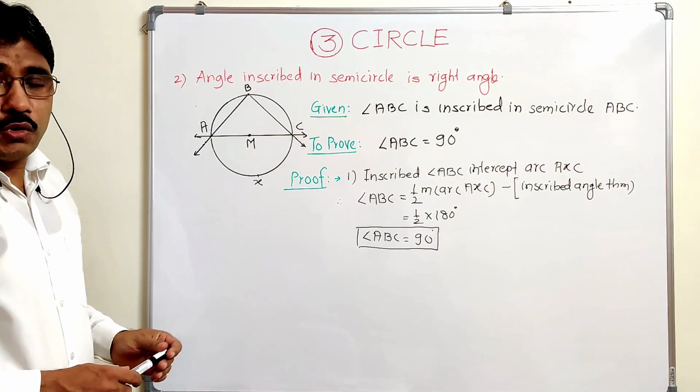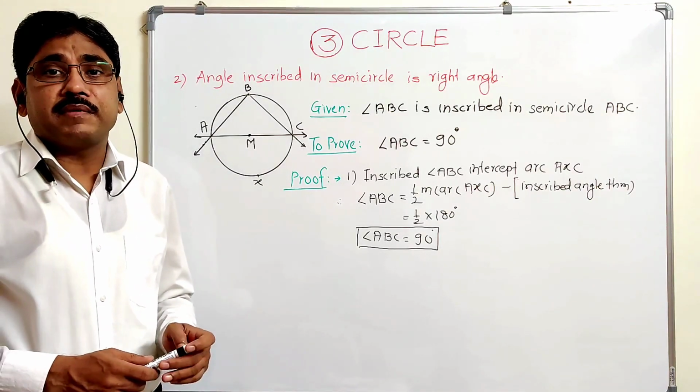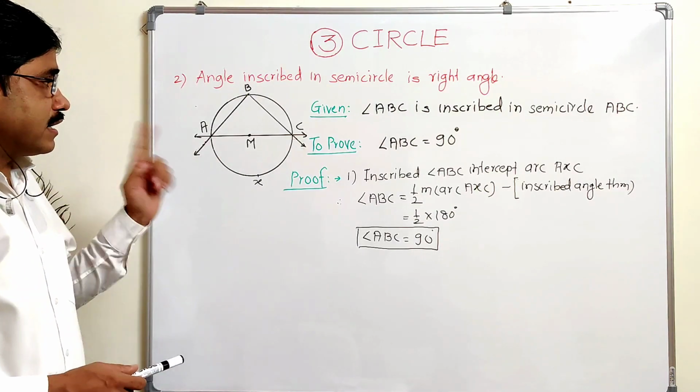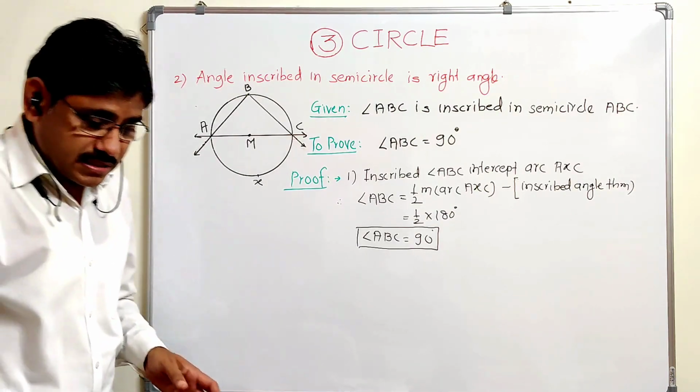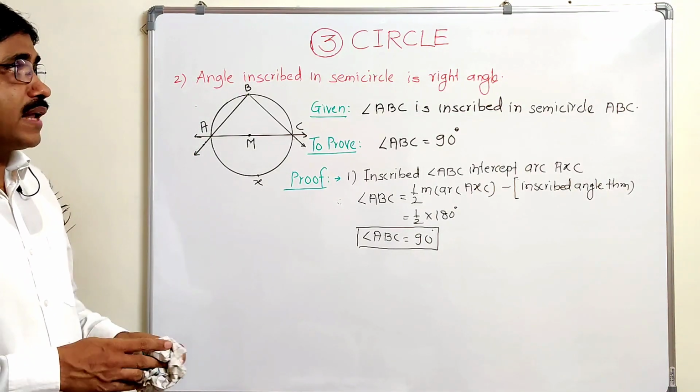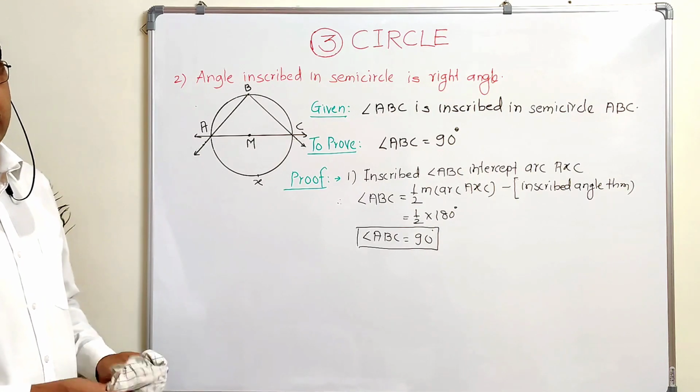So in a single step we can prove this corollary; we have to use this corollary so many times. Angles inscribed in the same arc are congruent. That is the first corollary. And the second one, angle inscribed in a semicircle is a right angle, or is of 90 degrees. So this is the second corollary.